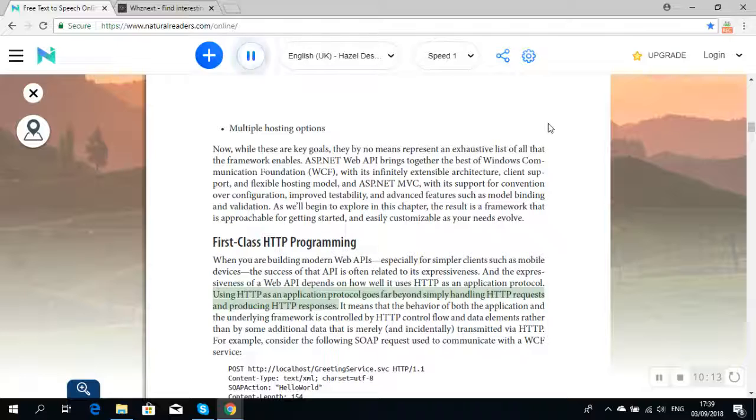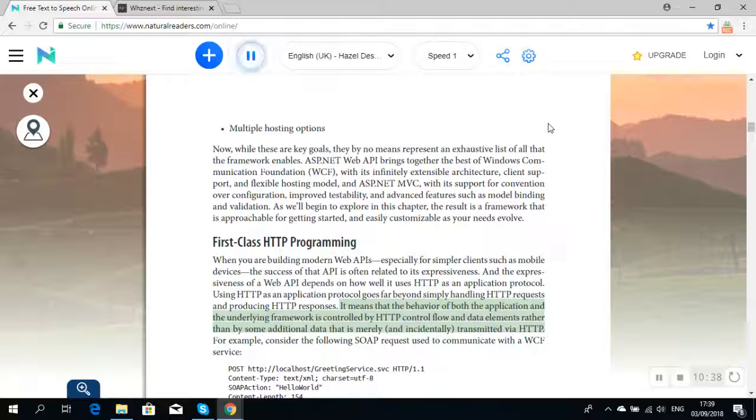Using HTTP as an application protocol goes far beyond simply handling HTTP requests and producing HTTP responses. It means that the behavior of both the application and the underlying framework is controlled by HTTP control flow and data elements